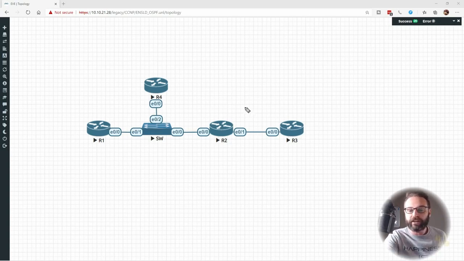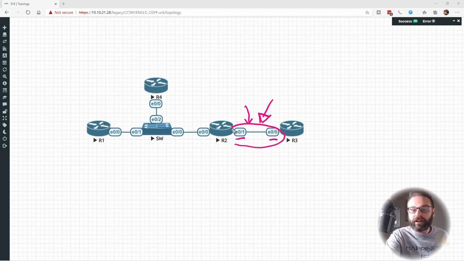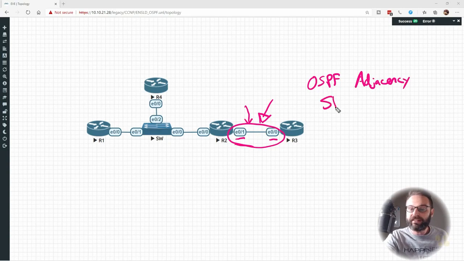I'm first going to focus in on this particular link right here, Ethernet 0/1 and Ethernet 0/0. This is going to be a point-to-point link because there are no other devices on this particular network. Now, why is it a point-to-point link? That's going to be coming up in another nugget. What we're going to be doing now is just establishing a point-to-point link and talking about the OSPF adjacency state